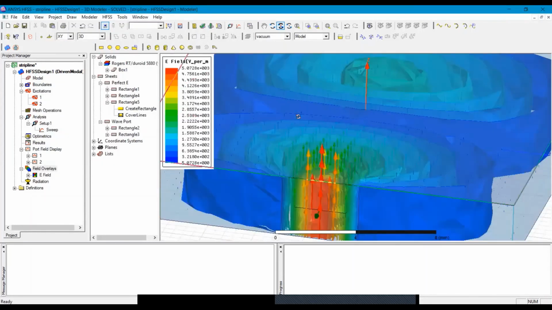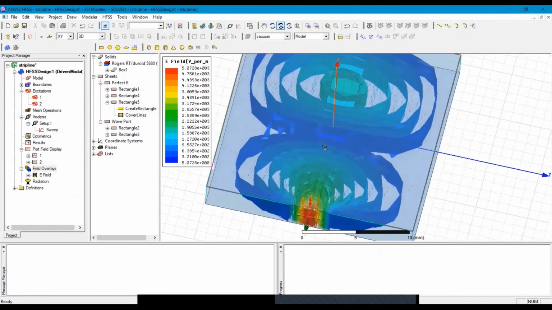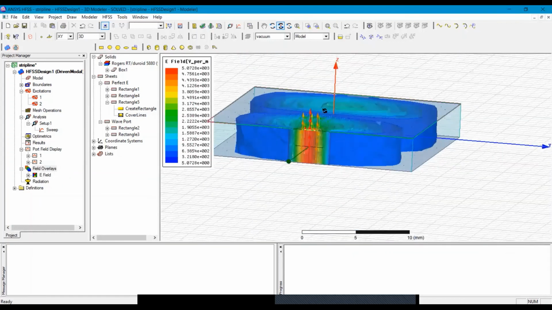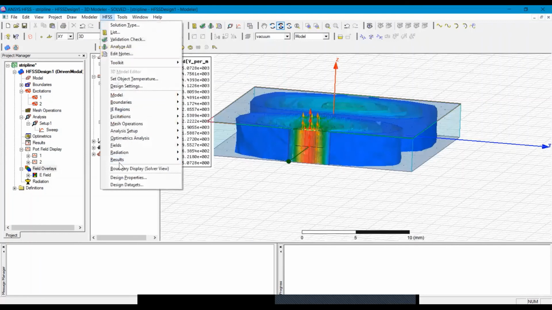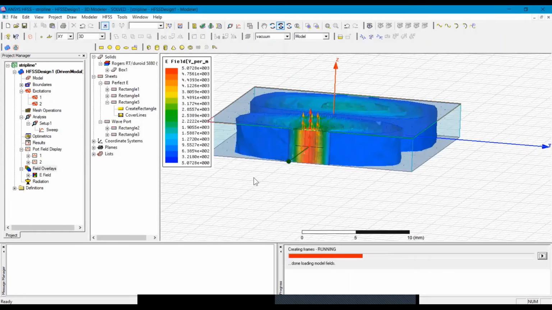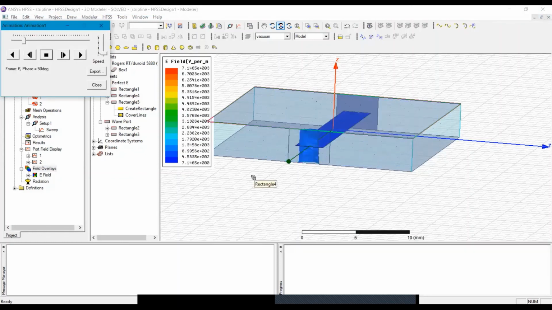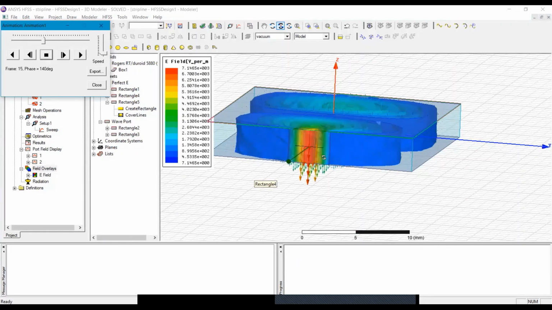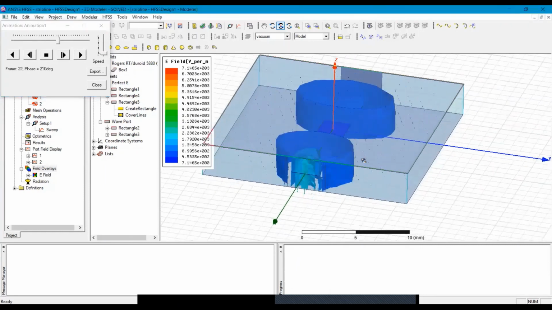So here you can see how the third mode looks. And you can also see the animation. But we are not supposed to propagate the higher order modes in strip line. We will concentrate only on the dominant mode. Now you can see how the electromagnetic waves are propagating through the strip line structure.